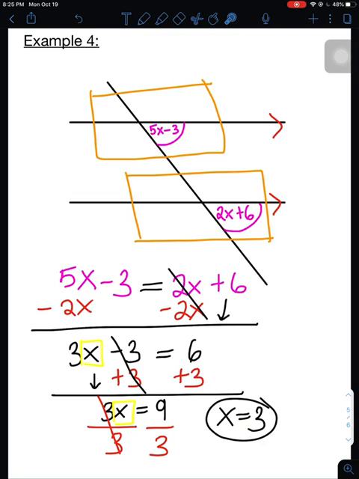So if I was being asked to solve for x, this is what I would do. So very quickly, we identify that they're corresponding angles because they're in the same corner. And that means that they're congruent. So we set them equal to each other, used inverse operations to solve for x, and to get it all by itself. All right, at this time you can pause the video, take some notes down, and then